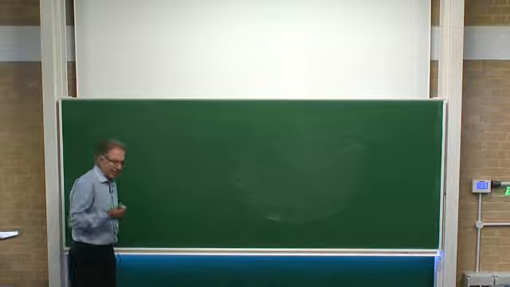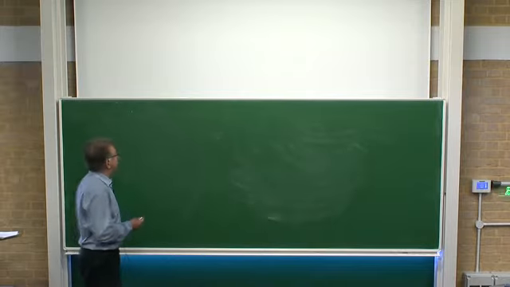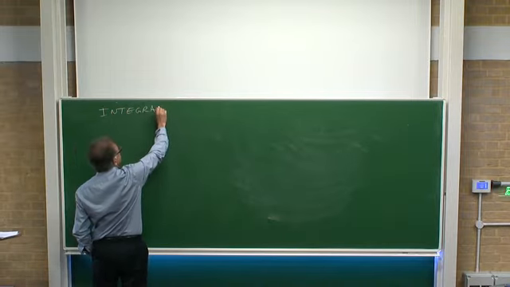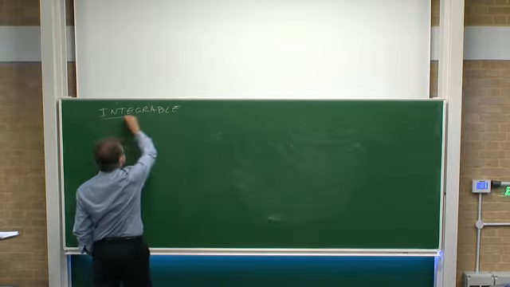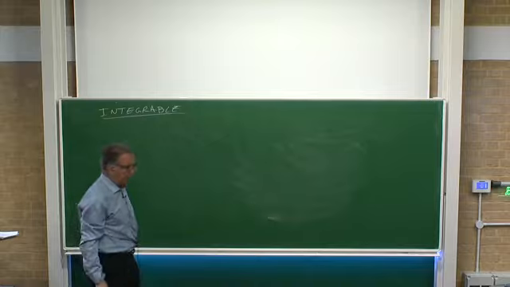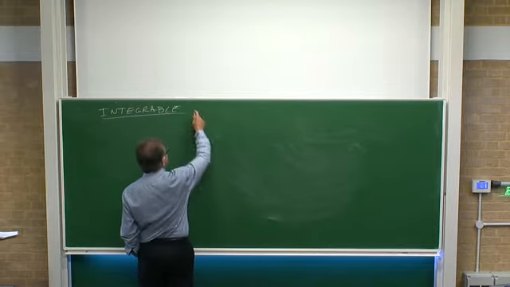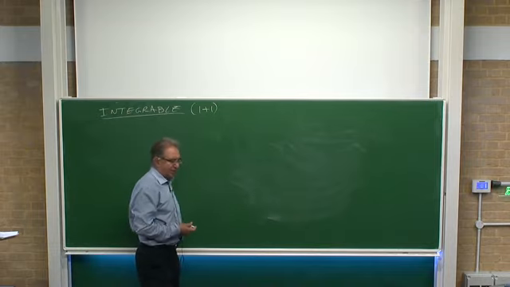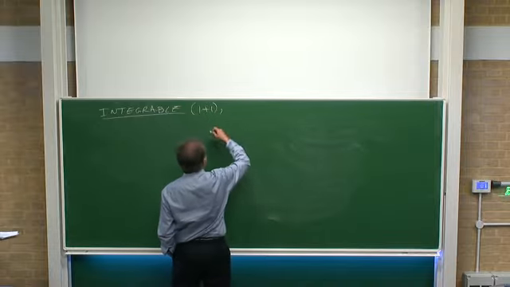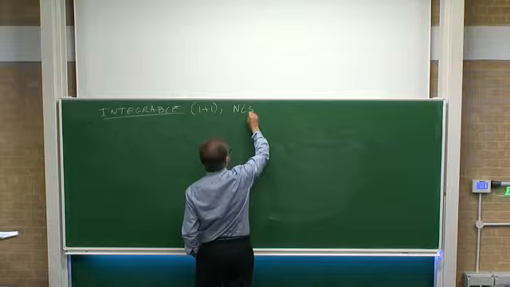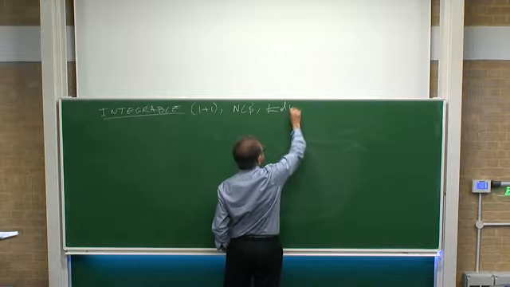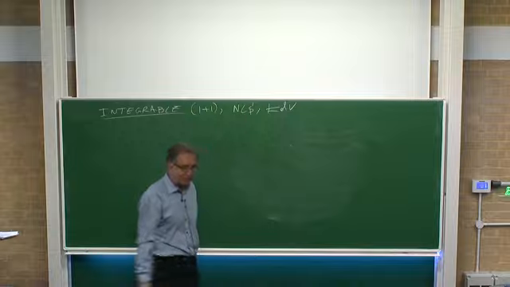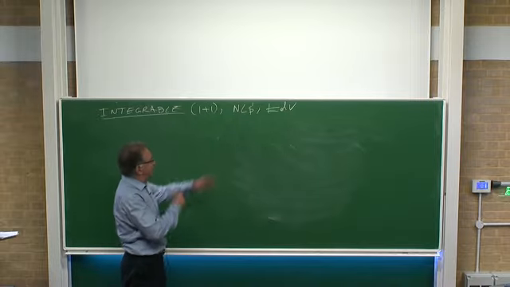There is a class of nonlinear PDEs which are called integrable. And for these nonlinear PDEs, most of them, the usual situation is in 1 plus 1, that means one space and one time. And if you are not in this area, at least I hope you have heard of equations like nonlinear Schrödinger and KdV, both of which, by the way, come out of water waves if you go further to what David was doing. Okay, so these equations are very special.